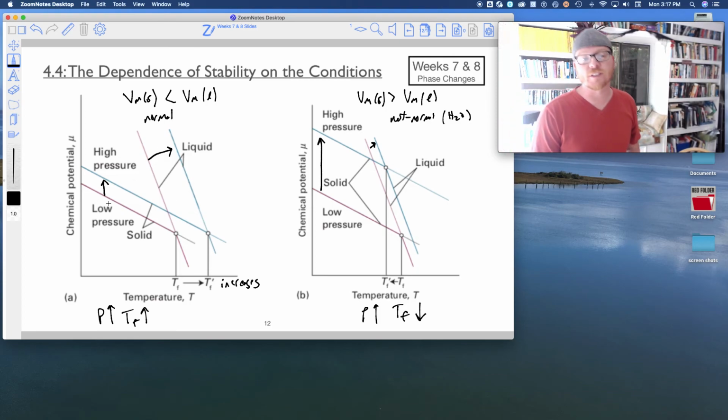So the first case is the case with most things. In other words, the solid doesn't really change that much with increases in pressure, which is kind of what we would expect. However, water is strange. Water is weird. And in this case, there's much more of a change to the chemical potential of a solid than there is in the liquid. And that's really what's driving those things for water. So now